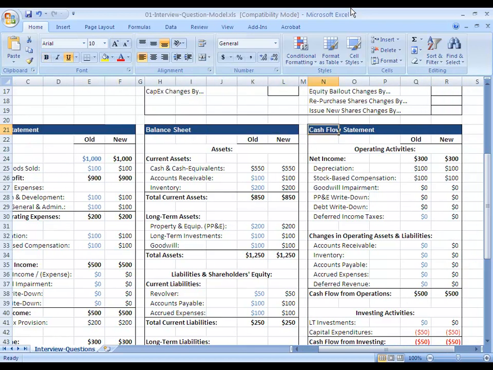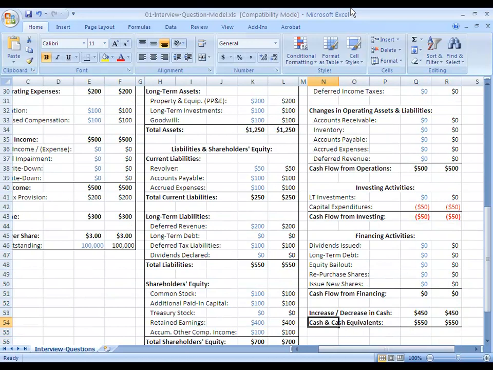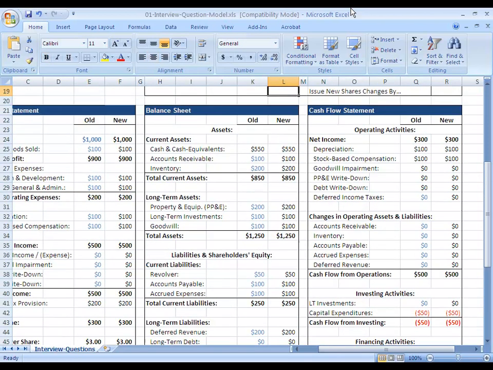Then the cash flow statement shows how a company's cash balance changes over time. You start with the net income, and then you add back any non-cash charges. You factor in how items on the balance sheet, working capital items, have actually changed, any investments the company has made, and any financing activities the company has participated in. And then at the bottom, once you've taken all those into account, you get to how the company's cash balance has changed over time. Then that cash balance number flows into the new version of the balance sheet, and all the other changes from the cash flow statement are reflected on that new version of the balance sheet as well.